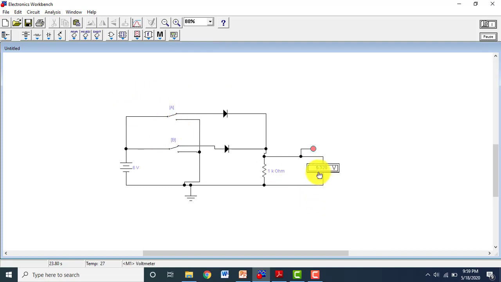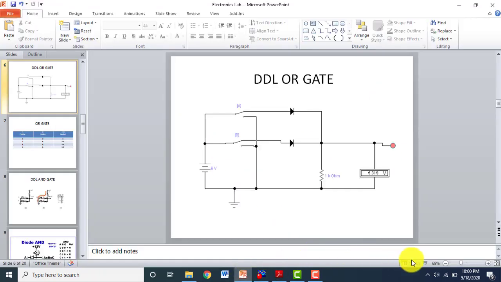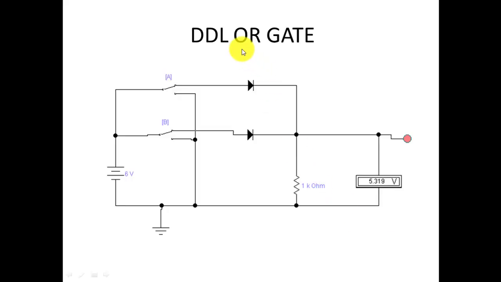You can see that the voltage is again 5.3, sorry. So the 6 volt is going through here, and after consuming 0.7 volt here, the 5.3 volt appeared on the output. So in this way you can verify your logic OR gate using the diode logic.